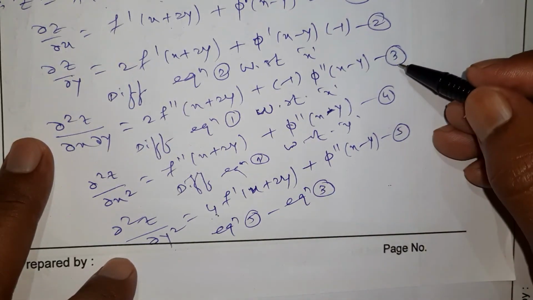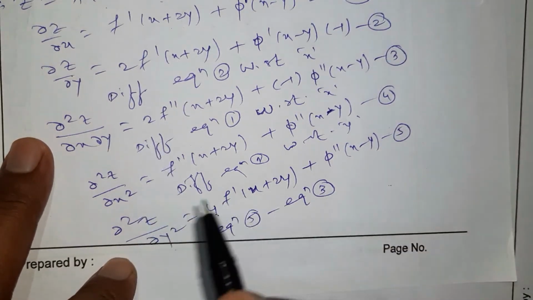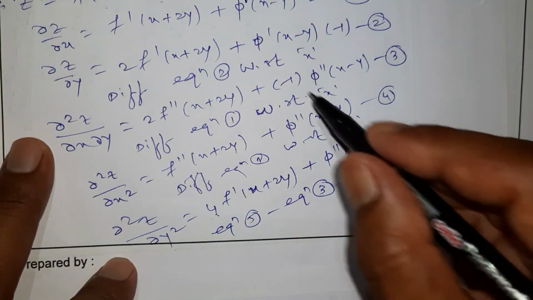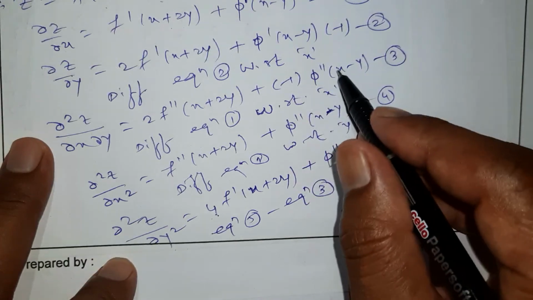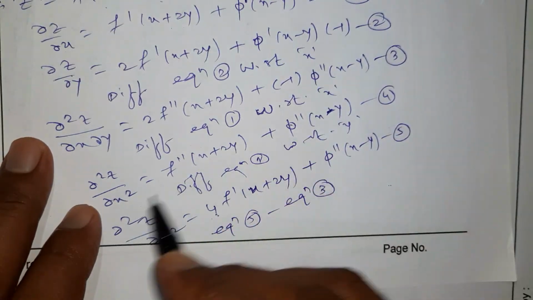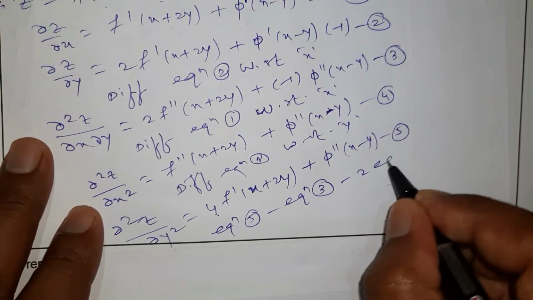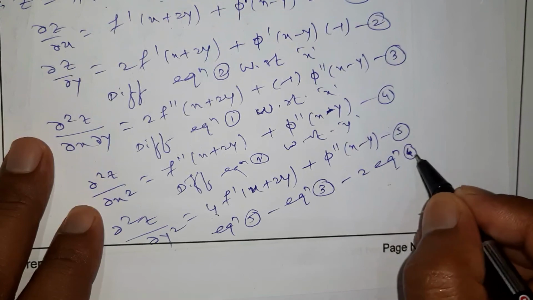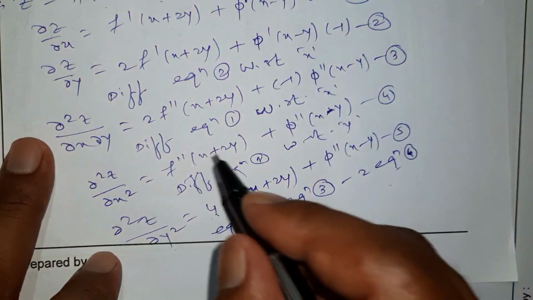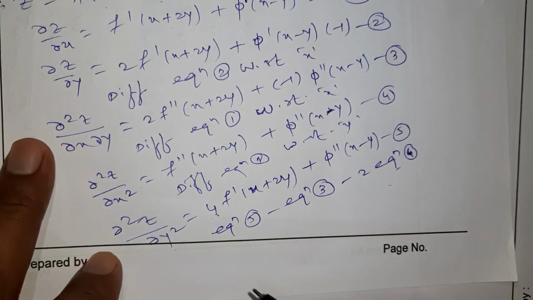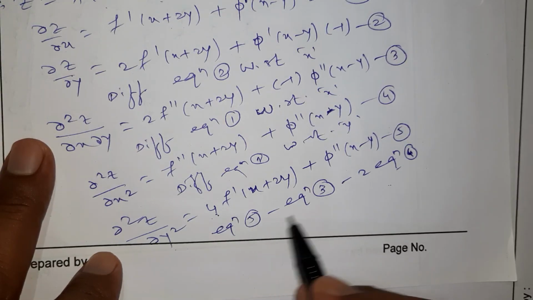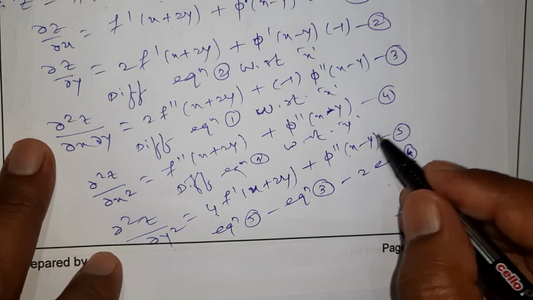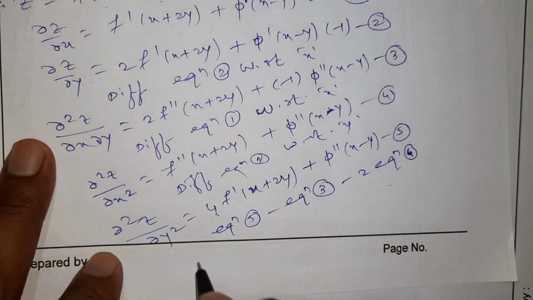Equation 5 minus equation 3, I get 4 minus 2, which is 2, 2 into f double dash. Then here phi double dash minus minus plus phi double dash, so 2 into phi double dash, and I have to subtract this, so minus 2 into equation 4. So it is just trial and error, no particular method. You just see the concepts, see the values and adjust the terms. What we did: equation 5 minus equation 3, these two, and minus 2 into equation 4, you will get your answer. Do your calculation on your own.